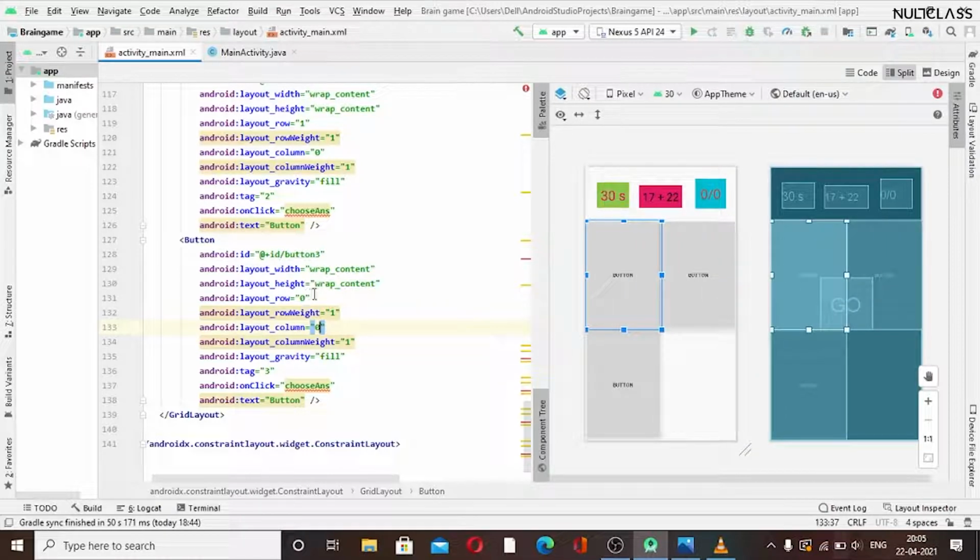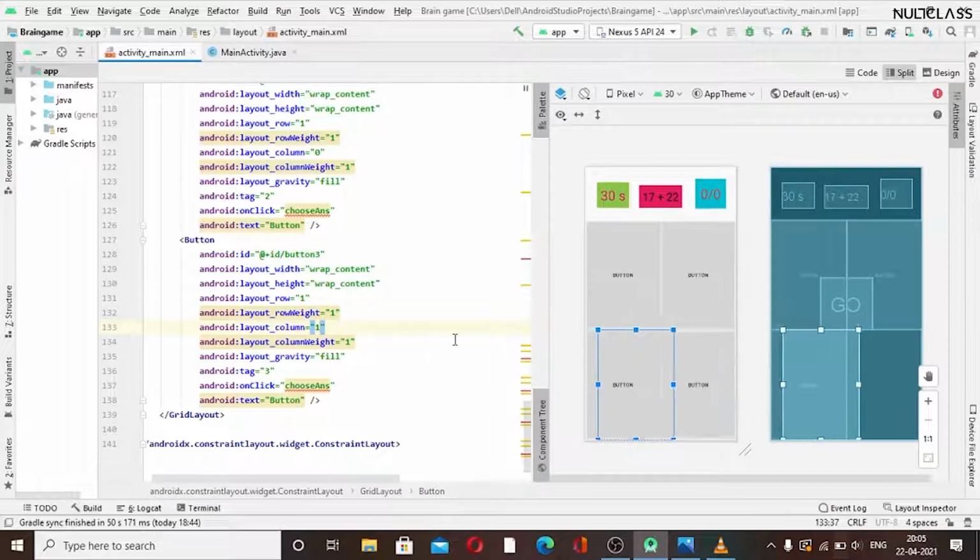We will see how can we do that. I think by making both of them to be one, we can get our part like this. Okay, so we have successfully implemented these four buttons. Okay, so now I will quickly name them, like I will quickly write the text here.